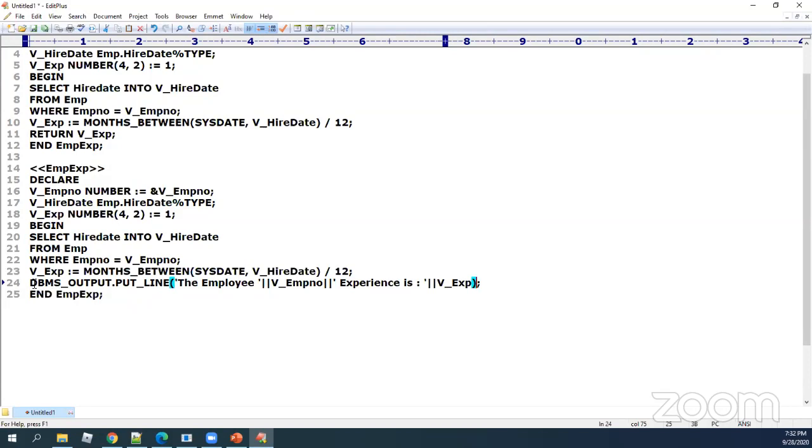So whatever return statement I had, I'm converting into dbms_output.put_line.